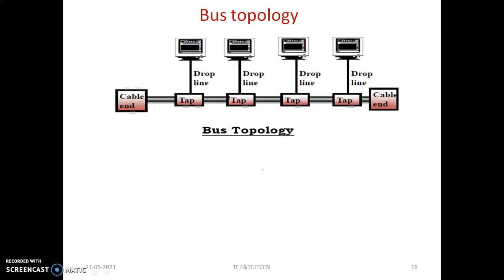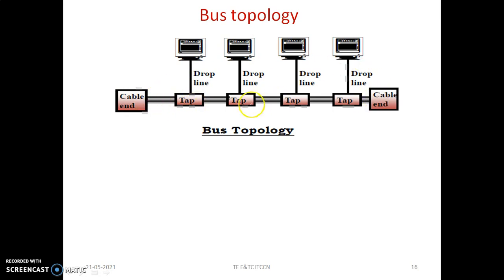Now moving ahead towards the bus topology. Bus topology indicates there is one common line that acts as a backbone, the main line, and to this main line many nodes are connected. This was not the case in a star. A star has one central controller, that is, an exchange device. But here there is one common line to which all the nodes are connected through drop lines. A node makes the connection with the help of the drop line, by tapping the main line.